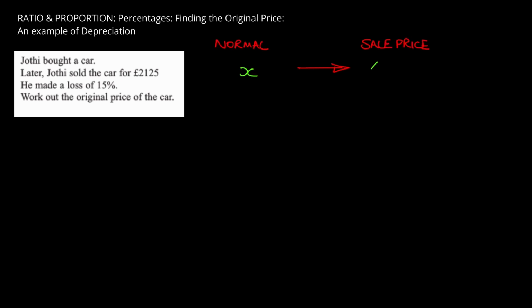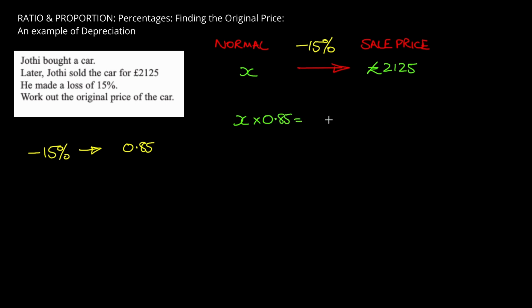The sale price is 2,125. And what's happened in our transaction? Well, we've made a loss of minus 15%. So what's our magic number? Well, minus 15% gives a magic number, the multiplication factor, of 0.85. So straight away I can say x multiplied by